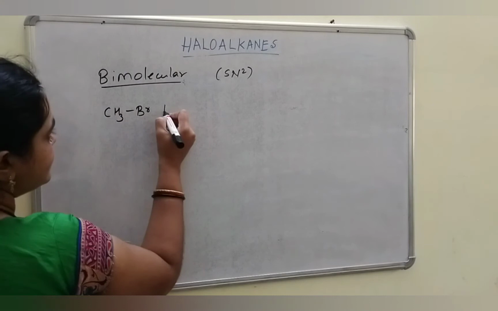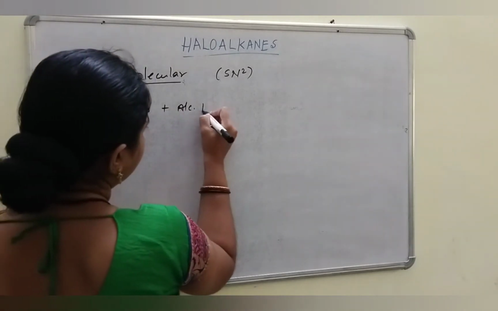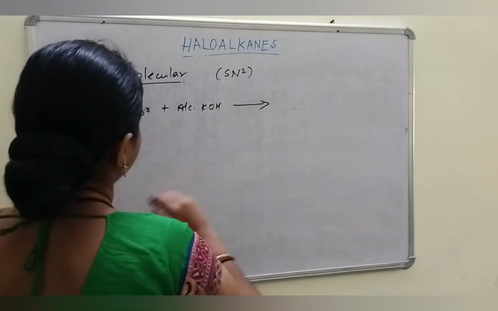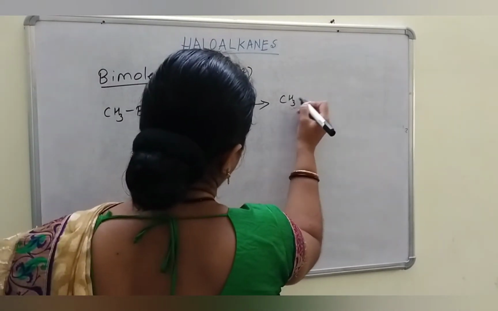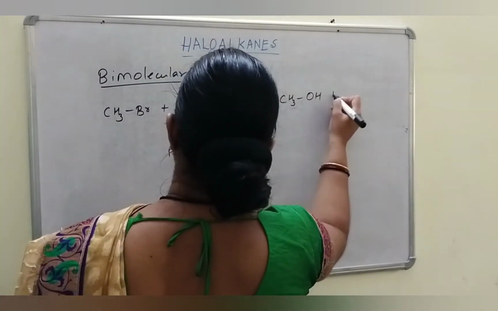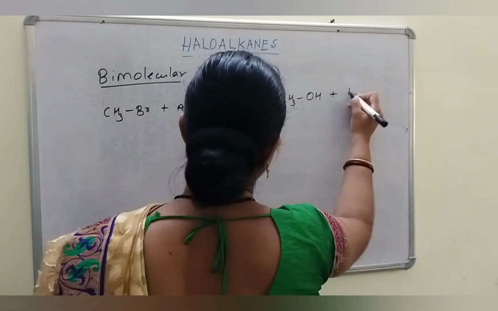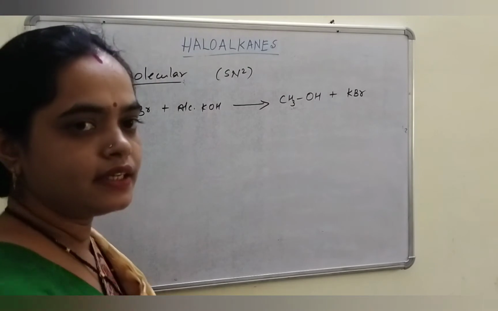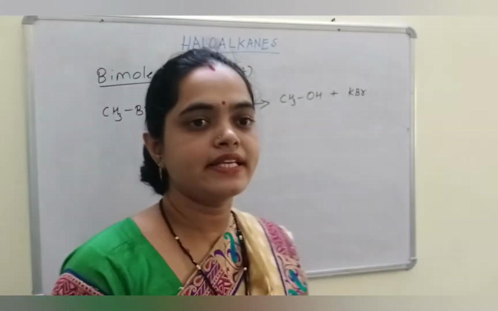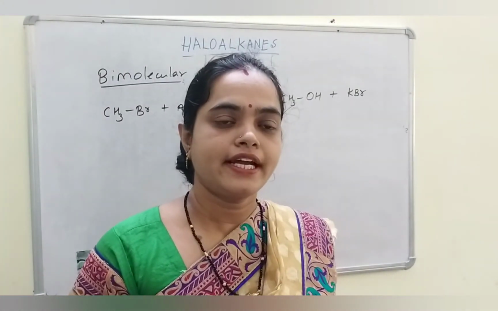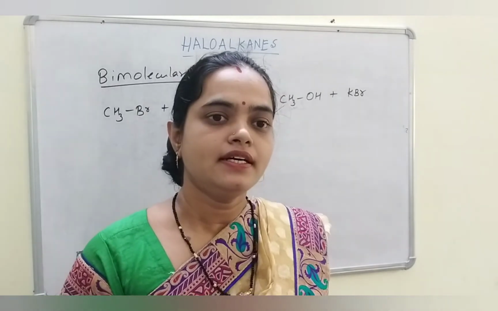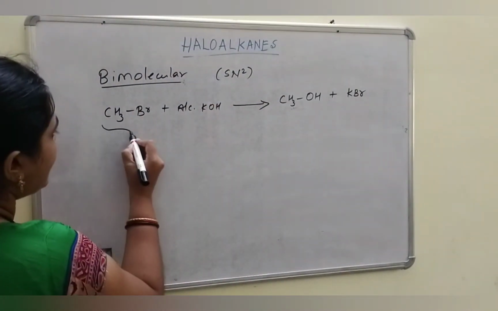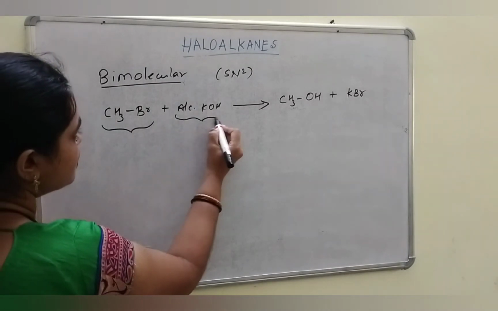Alkyl halides treated with alcoholic KOH form alcohols. In bimolecular reactions, it follows second order kinetics. Second order kinetics means the rate of reaction depends upon both the concentration of alkyl halide and the concentration of